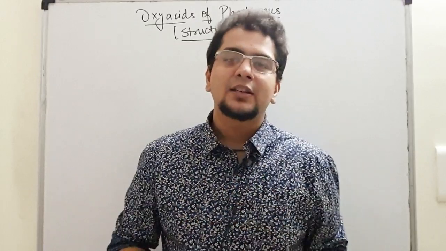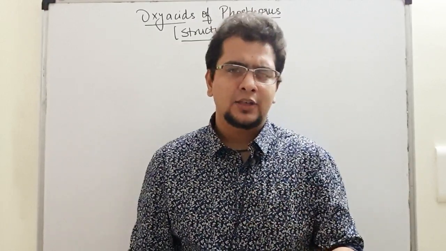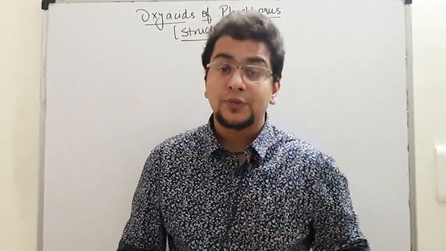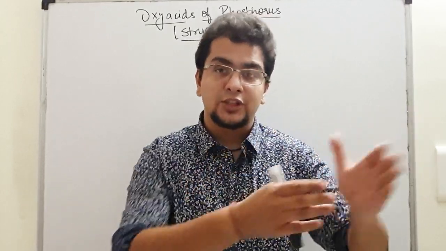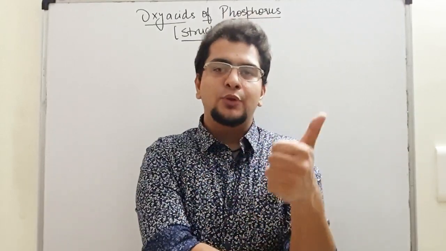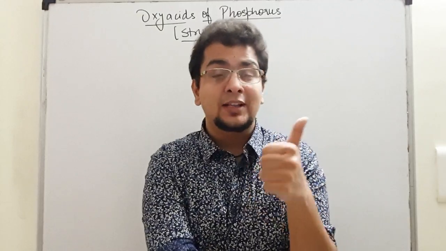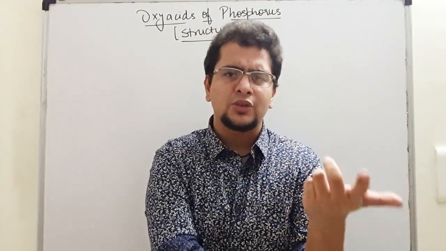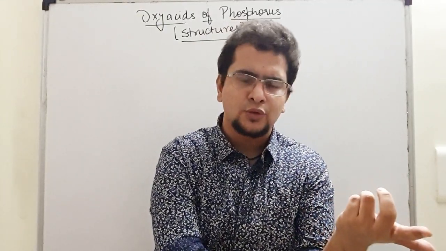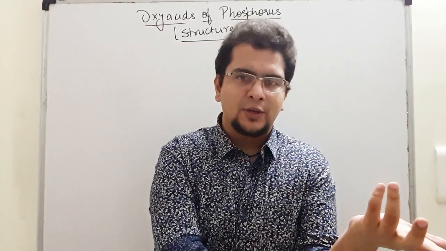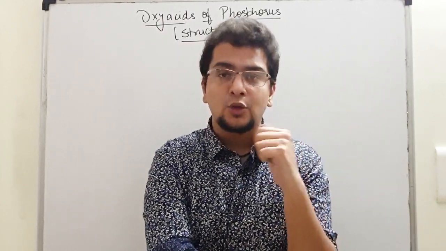So I'm back again with another video, 10 to 15 minutes, hardly, I think it should take. And on oxyacids of phosphorus, I will tell you the trick of writing the structure. This trick will help you not only to write the structure but also to find the valency factor, because once you know the structure you can find the valency factor of the oxyacids by just checking the replaceable hydrogen atom, the H plus present over there.